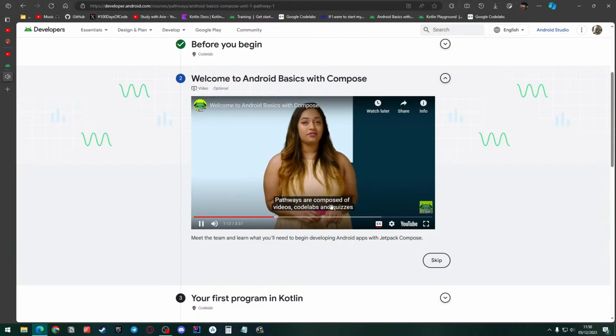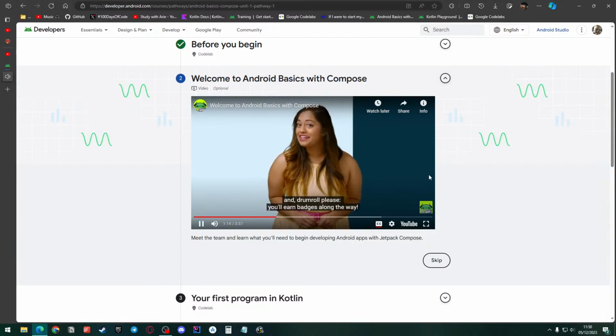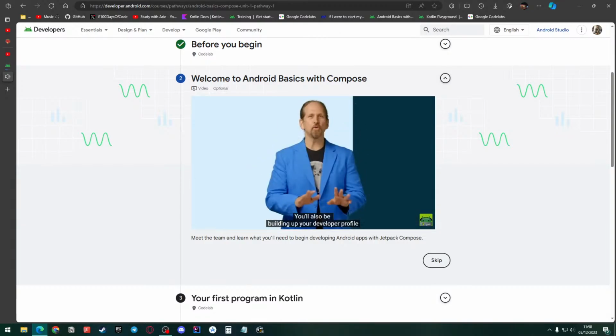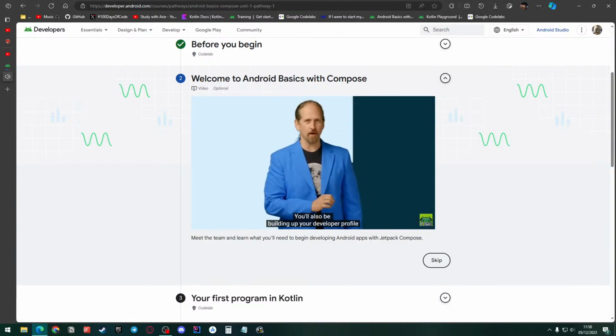Pathways are composed of videos, code labs, and quizzes. And, drumroll please, you will earn badges along the way. You'll also be building up your developer profile, which you can use to show the skills you've gained throughout this